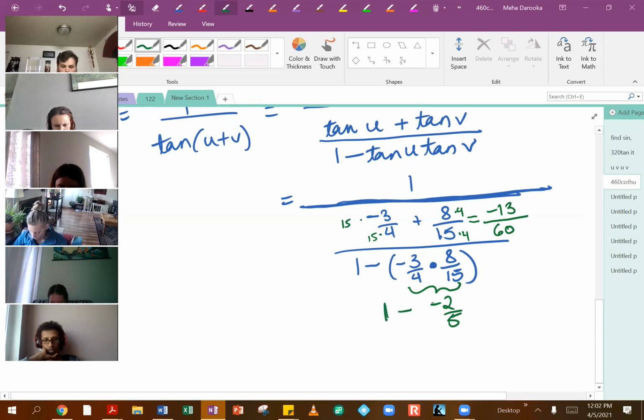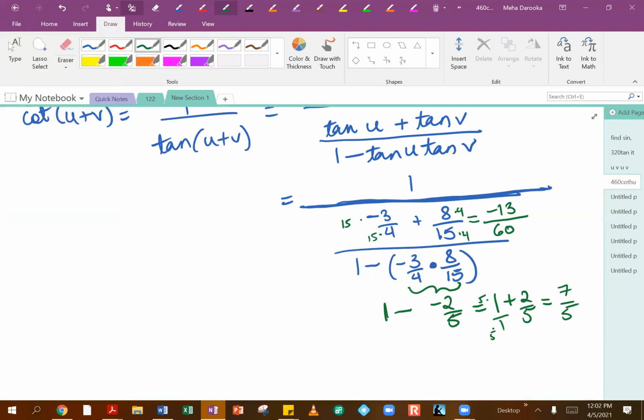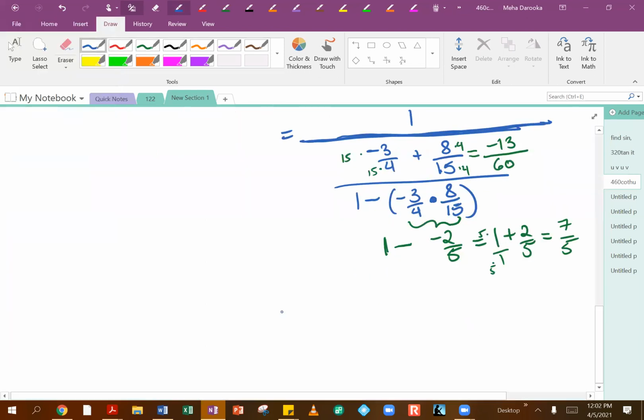So we've still got 1 minus negative 2/5. So the two negatives basically end up becoming positives, and you end up adding 1 plus 2/5. So when you find your common denominator, you're just multiplying this guy here by 5. So 5 plus 2 ends up giving you 7/5 when you're cleaning this up. So once you clean up that denominator, we've still got the 1 over on the top,